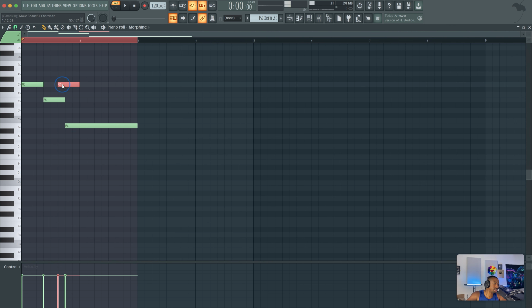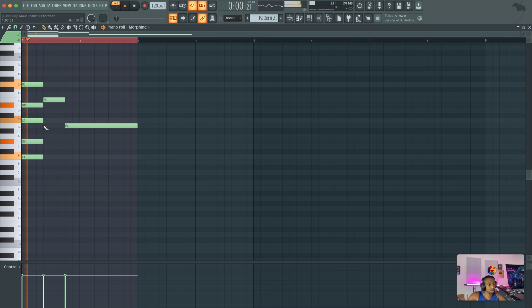We're going to count down the keyboard this time. So if this is 0, 3, 7, 10, 14, I'm going to count down. So it's 14, and then we need to go down to 10: 13, 12, 11, 10. So that gives us the minor seventh, and then 9, 8, 7, 6, 5, 4, 3, 2, 1, 0. That gives me my first chord, which is a minor ninth chord.